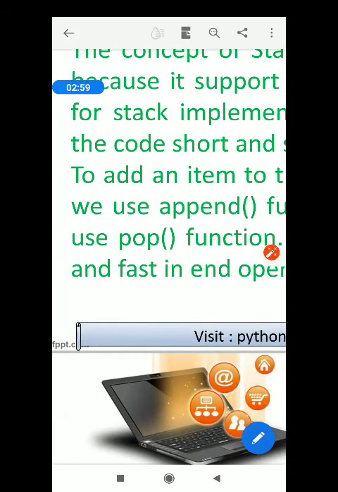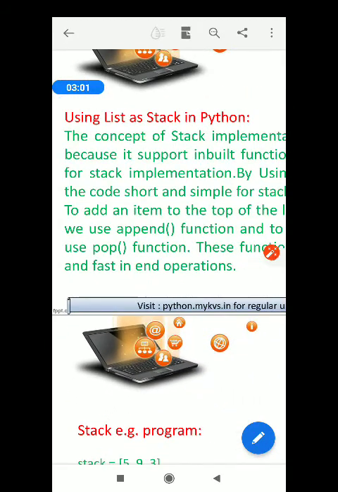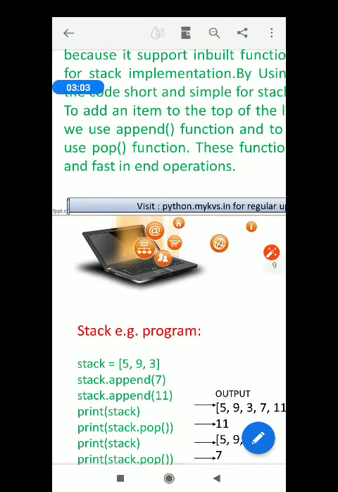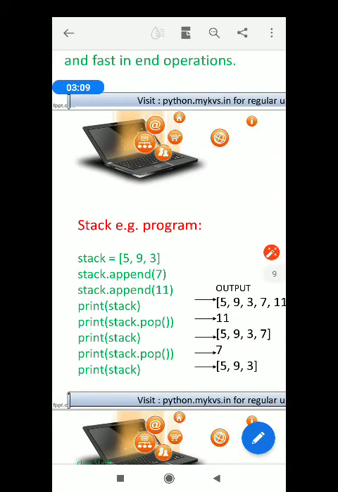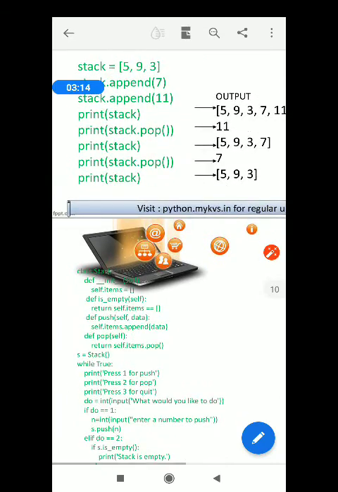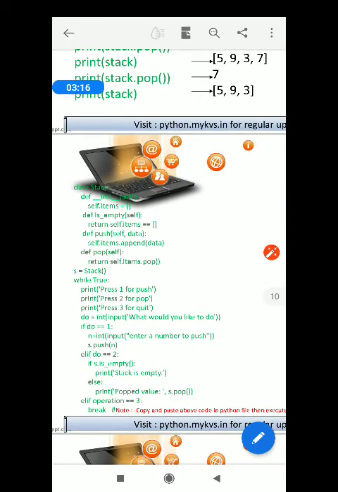Okay, so we have already discussed this portion, and come to one small program of a complete stack. I have shown you this program already, but still I am going to discuss this once more in PyDroid.